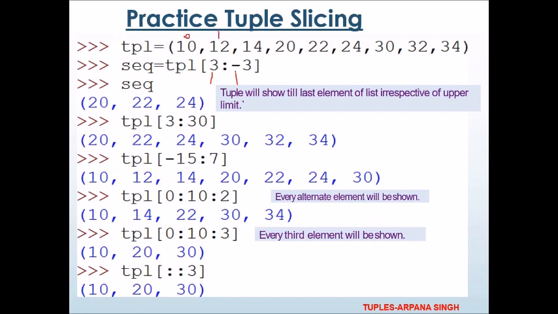This is 0 1 2 3 4 5 6 7 8, and similarly write the backward indexing also, starting from minus 1. So whenever you get such a question, write the indexes first, then you will be able to extract the slice. So if it is written 3 colon minus 3,